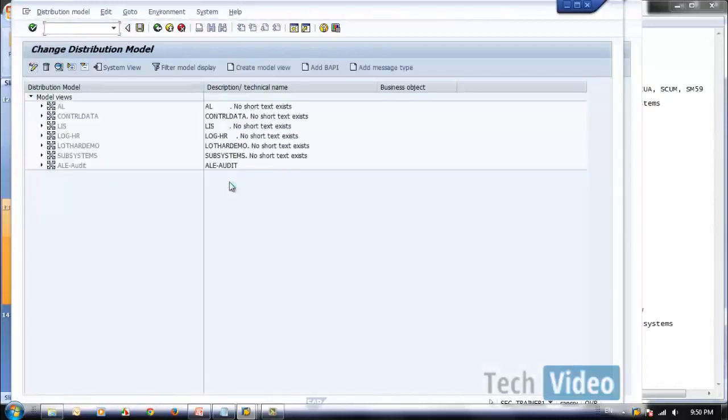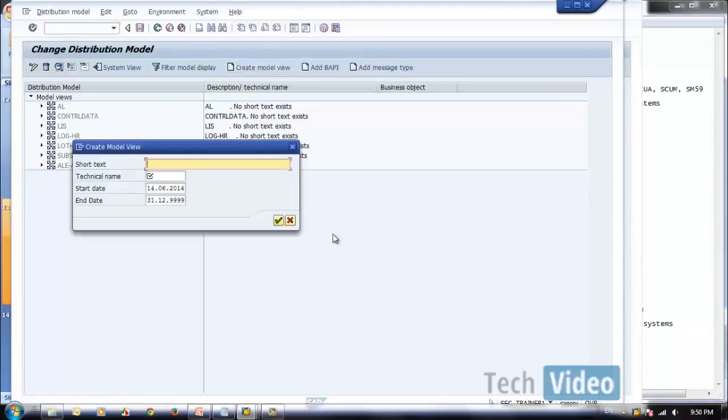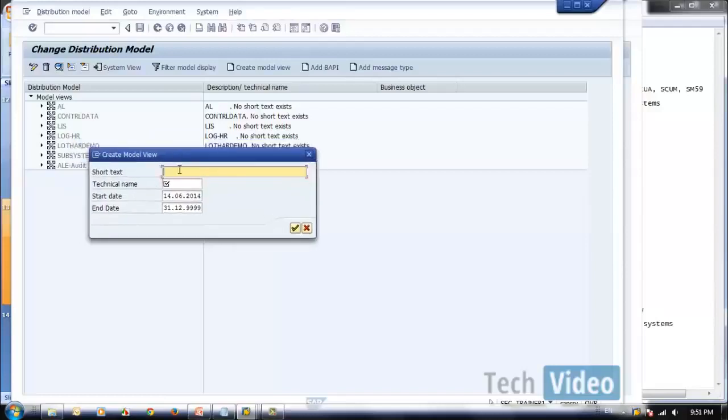Let's go to change mode. Create model view. So let's give, let's say, model view for central user administration. Okay, let's give some technical name.